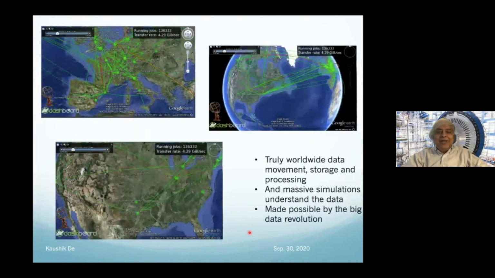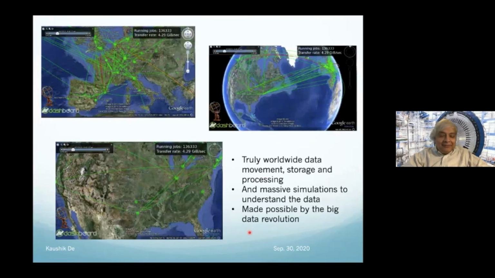So just to show you a Google map of how data flows all over the world, these green lines are basically data flowing, and each of these circles are data centers, and right here at the center of this one is UTA. This shows a Google-inspired view of worldwide data movement, storage and processing, and the massive simulations and massive data processing that we do. In the post-COVID world, if any of you are interested, I can walk you by